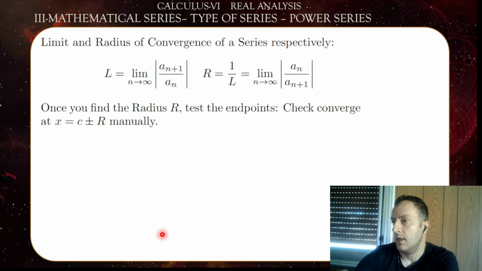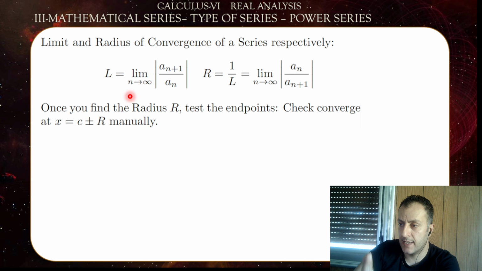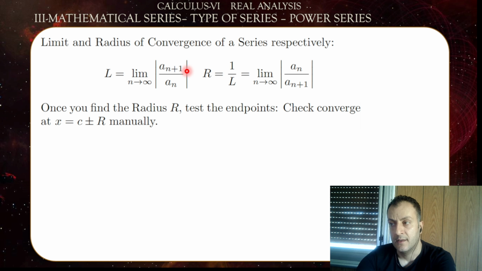Now, the limit and radius of convergence of a series are defined by the limit L, which is equal to the limit as n approaches infinity of the absolute value of a_(n+1) divided by a_n. So let's say you have a term a_n within the series. In some scenarios, in order to test, this is called, by the way, the ratio test for convergence. So what we do is we evaluate the limit as n approaches infinity of a_(n+1) divided by a_n in absolute value. In other words, let's say you have a series given by n,